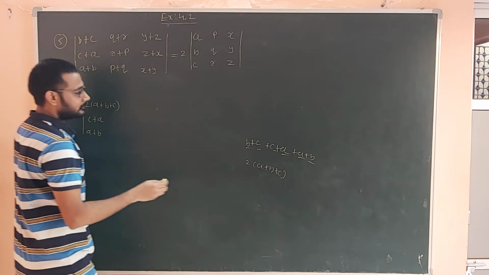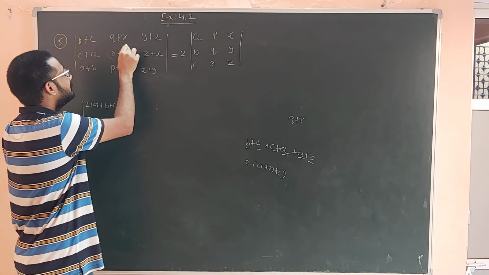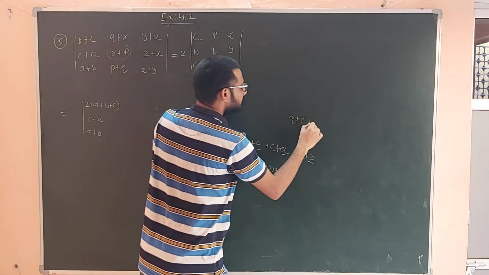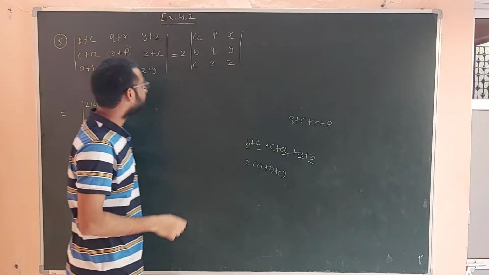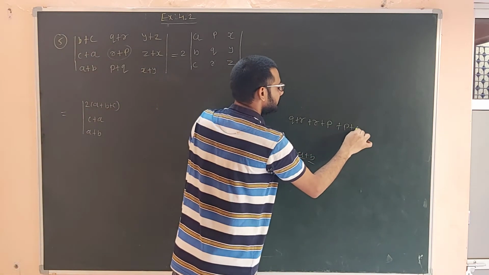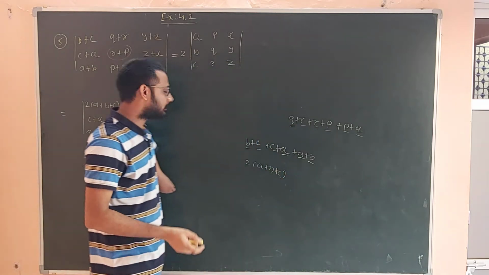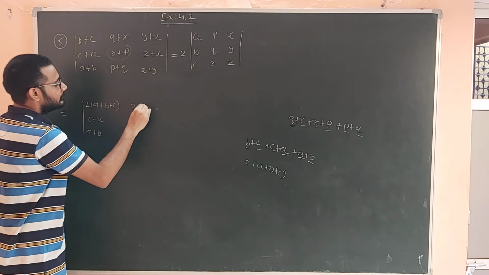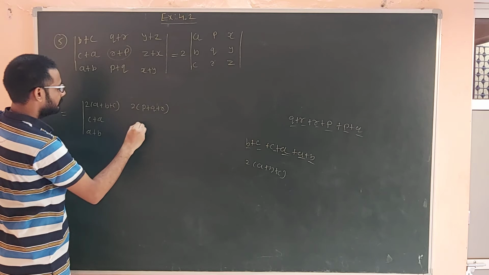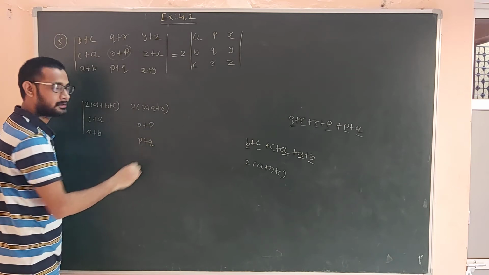Again here Q plus R is there. I multiply R plus P with 1 and add into the first one. So R plus P goes up. Same, P plus Q also goes up. Here P 2 times, Q 2 times and R 2 times. So again we can write 2 into P plus Q plus R. And R plus P as it is and P plus Q also as it is.